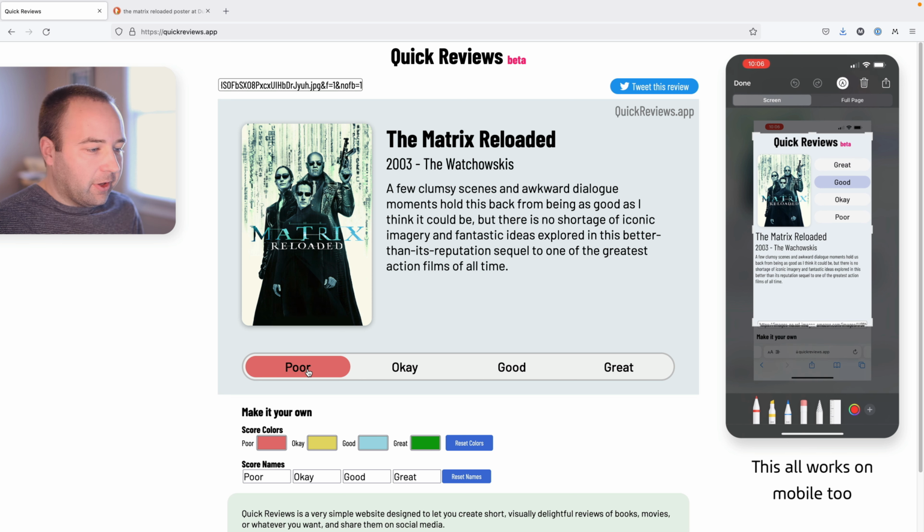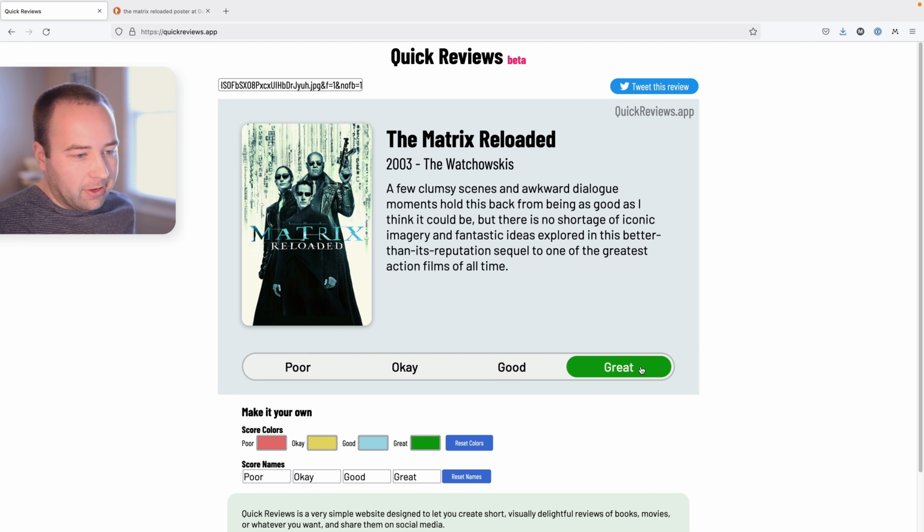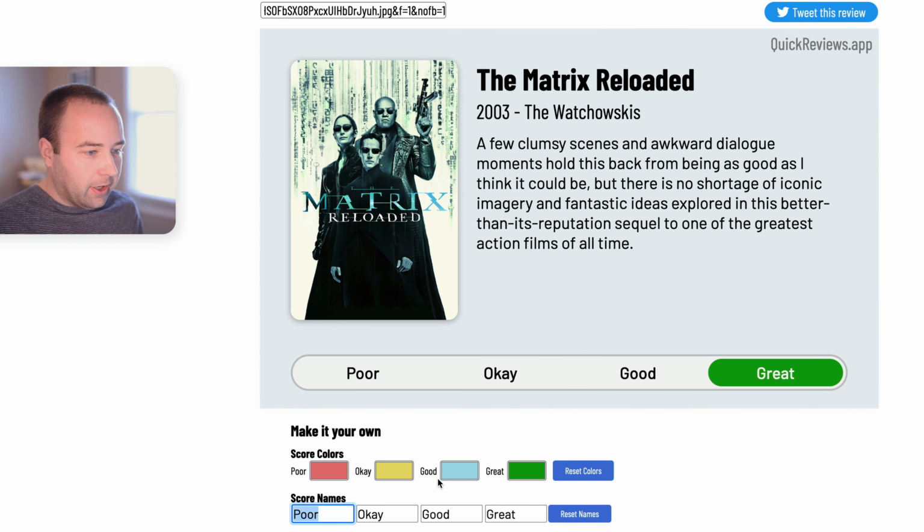And you'll notice little things like the contrast is always right, so these stay black, but for this dark color the contrast would be bad, so the website automatically makes it white. Little touches like that I think are nice to reduce user error. I can also change the names of these. So maybe I don't like poor, okay, good, great. I could do terrible, decent,